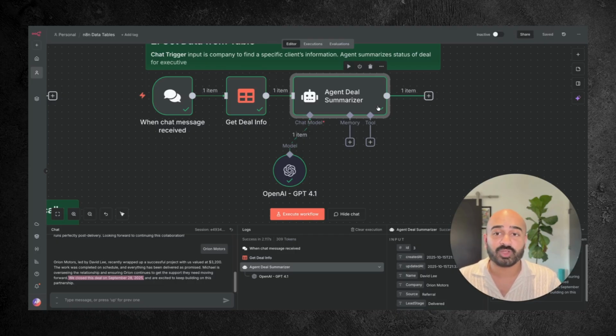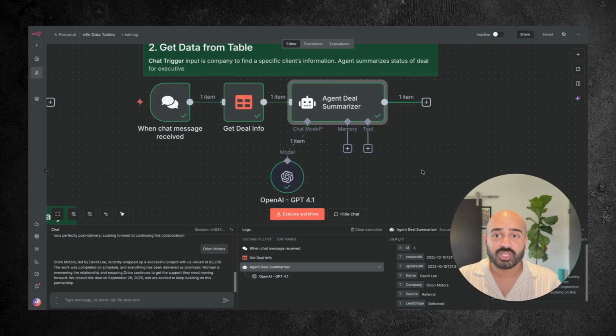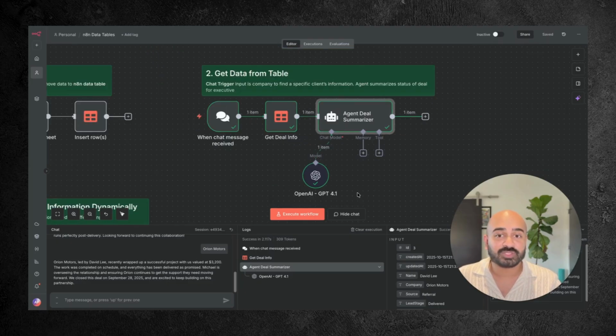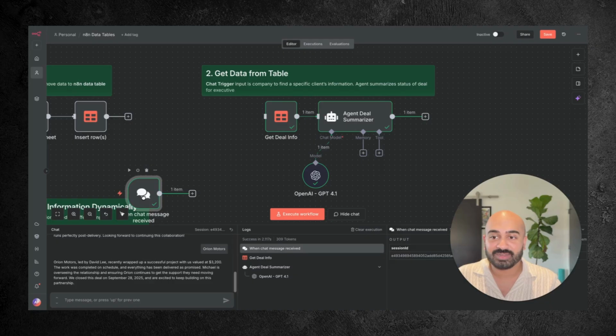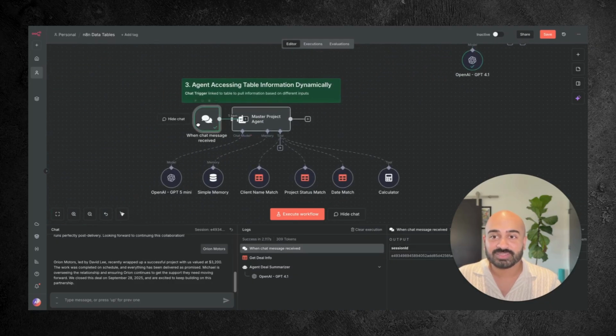The third example we're going to go through now is basically just showing if I were to link a bunch of different ways to access this table to an agent, I can now dynamically ask this agent a bunch of questions. So I'm going to disconnect this chat again, and I'm going to move it over to this bigger, more powerful agent. Now, this agent is basically an agent that's accessing the same table, but it's looking up the table in 3 different ways. So it can do a client name match to the table,